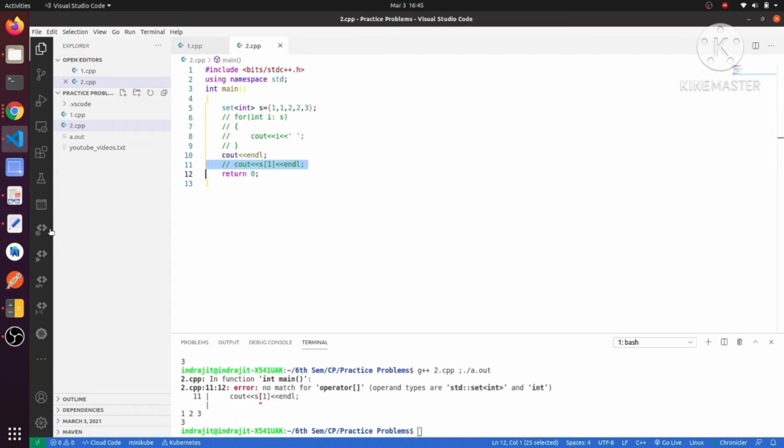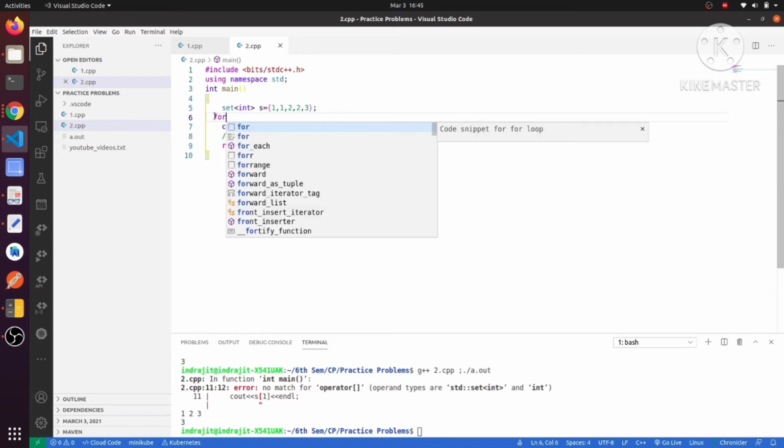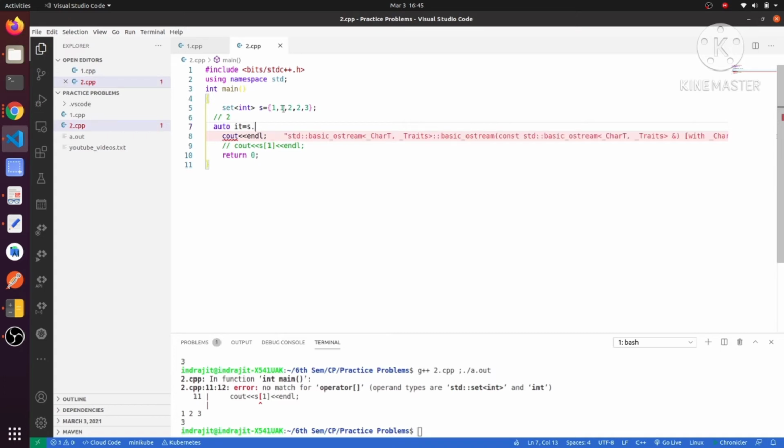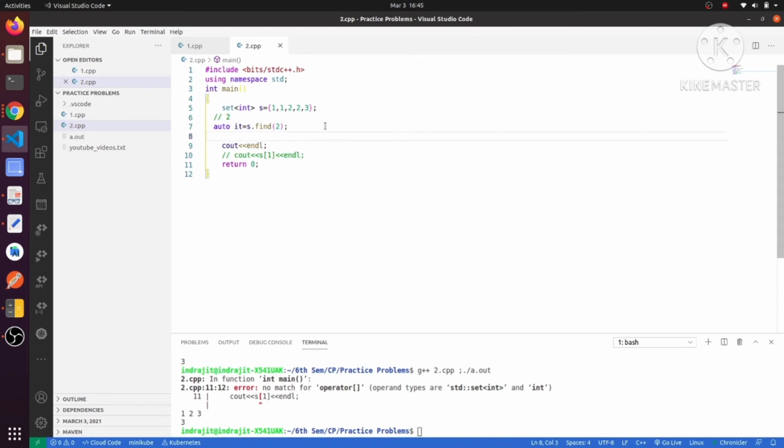Okay, I will code this one, and let us find out how it works. Suppose we are finding 2, then we give an iterator it equal to s dot find of 2, and it will return the iterator at the position of 2.